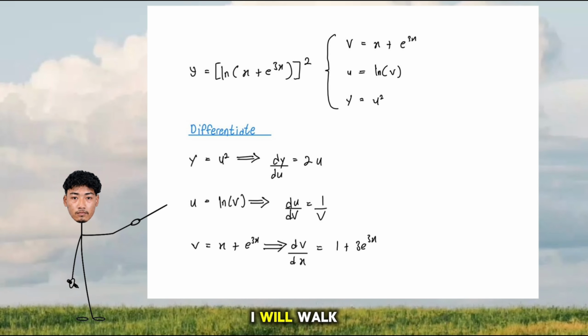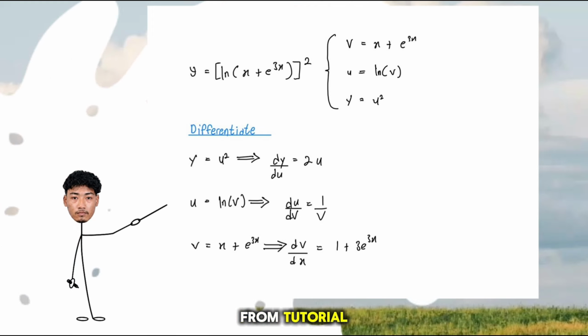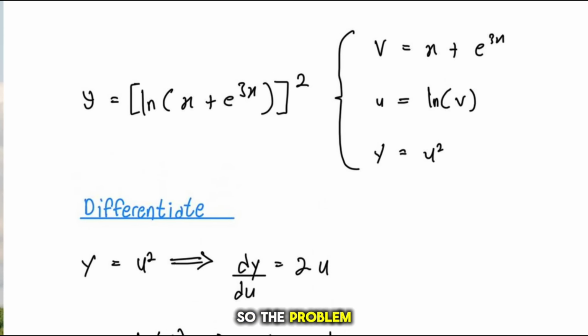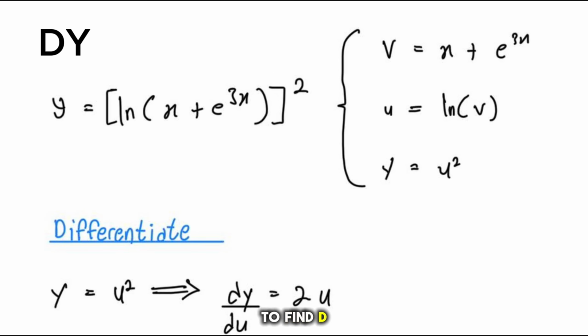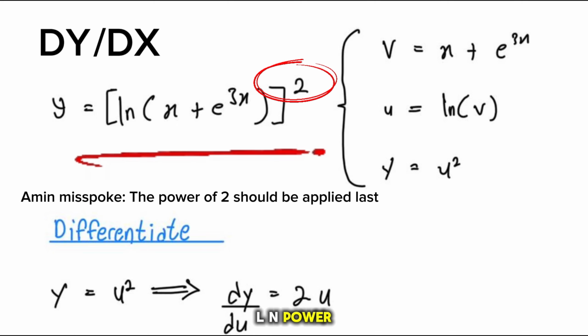So right now I will walk you through how to solve a derivative of a composite function, also known as a chain rule question. For the problem statement, we will take the question from the tutorial. The problem statement is asking us to find dy over dx if y equals